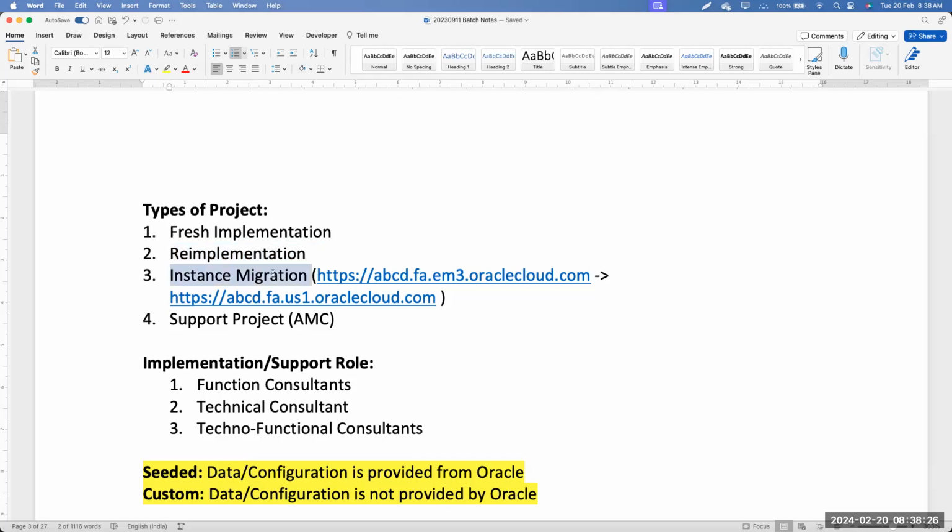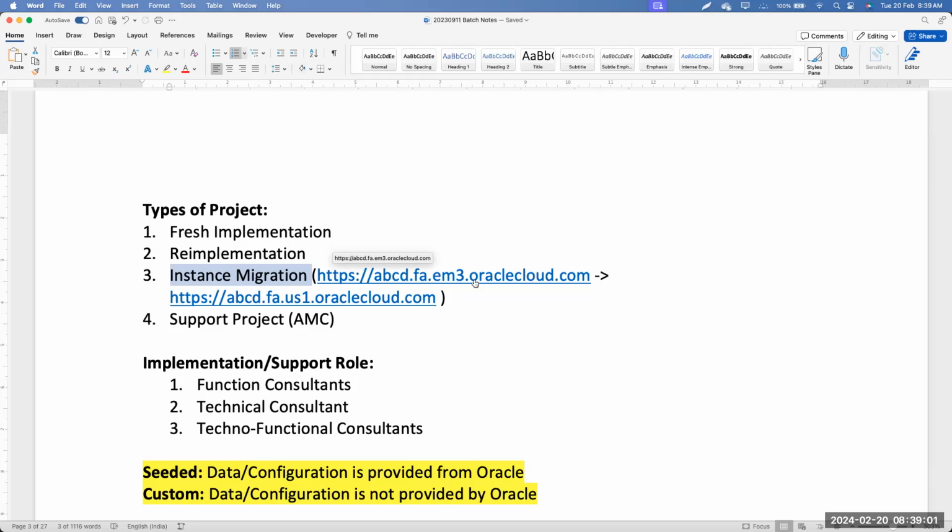And then there is a kind of project that is not so frequent, but these days is becoming common. I have personally seen a couple of projects in the last 2-3 years which are instance migrations, which I can also call data center migrations. One example is Saudi Arabia and Dubai. We had a customer in Dubai, a banking customer, where we had the data center in Amsterdam, and we wanted to move the data center from Amsterdam to UAE.